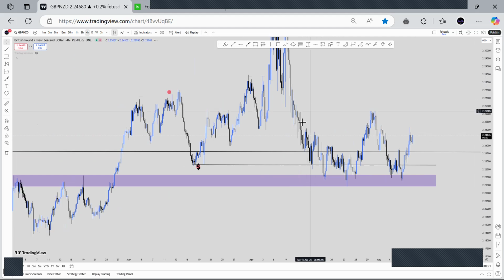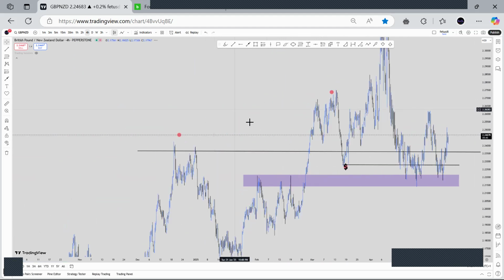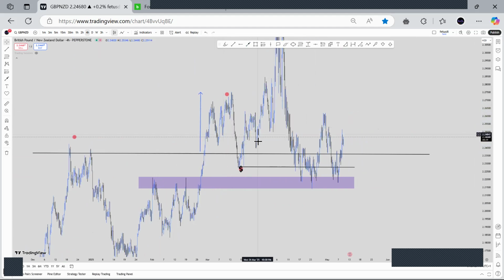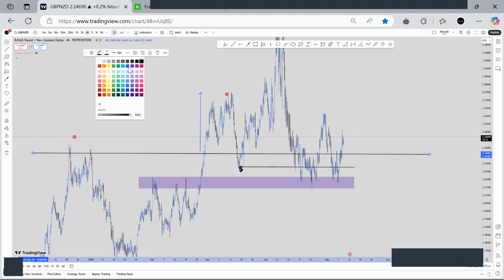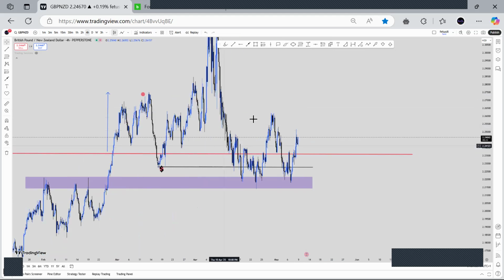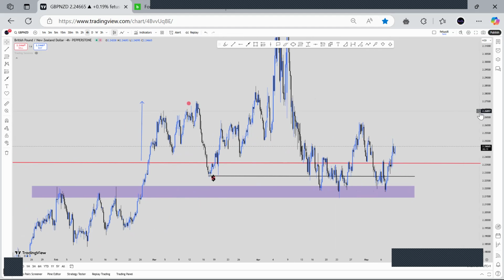And at the moment, don't forget this is our weekly buying pressure level, where we have market pressure into the upside. So I'll change this color to red, because it's the weekly level where we should be looking for buys above this level. So on the 4 hour time frame,